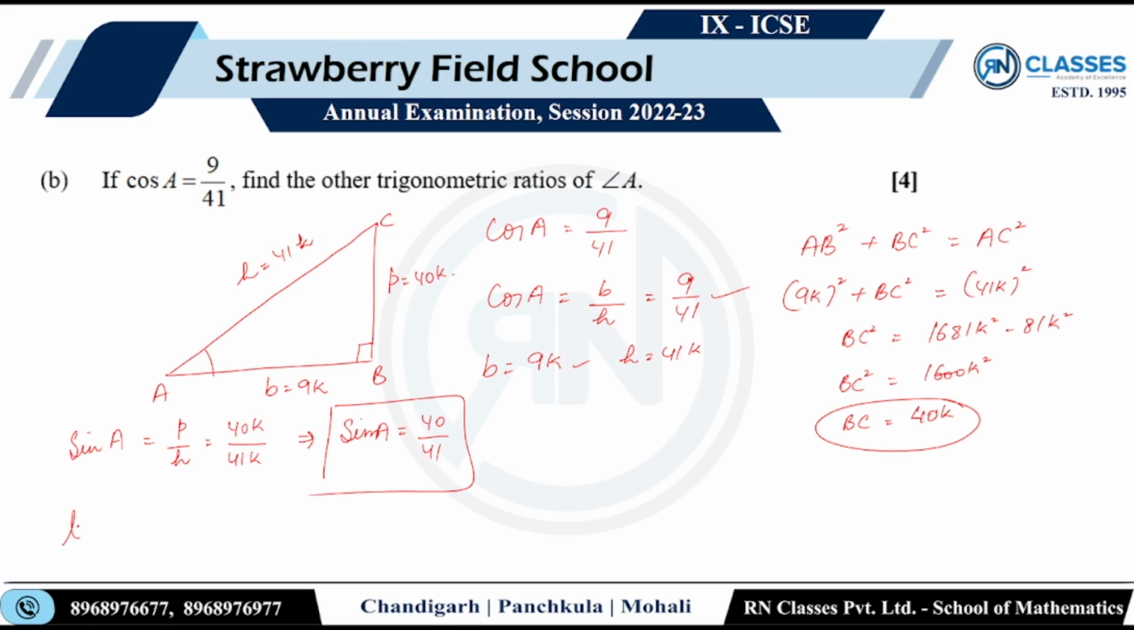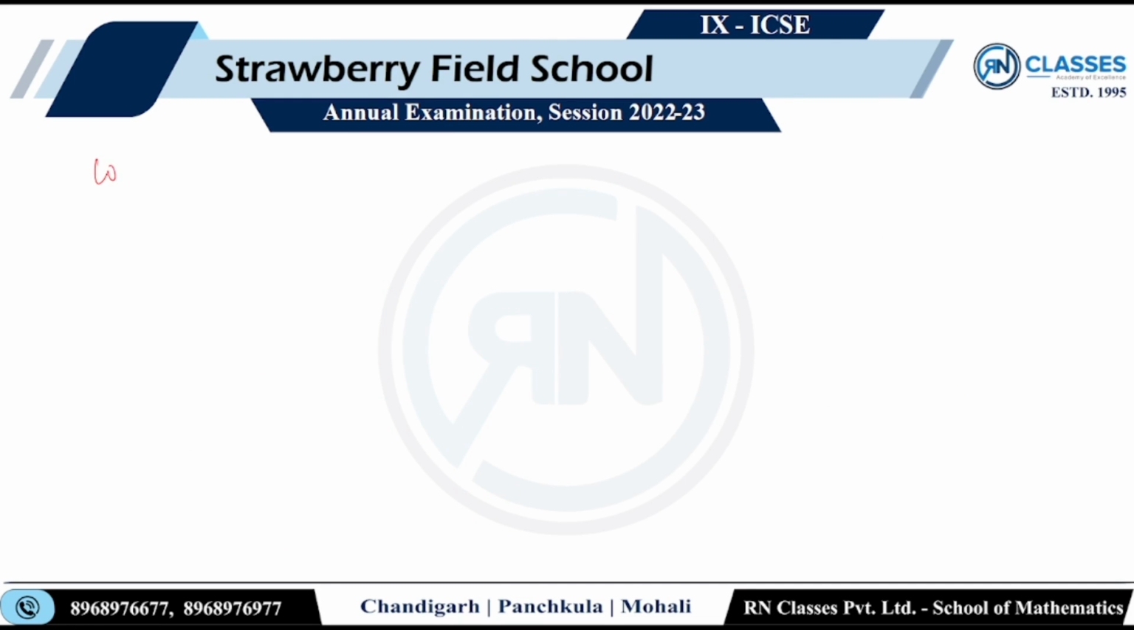नेक्स्ट इज टेंजेंट ए। टेंजेंट ए कितना होता है? टेंजेंट ए इज परपेंडिकुलर बाय बेस। परपेंडिकुलर कितना दिया हुआ है? 40k बाय बेस 9k। सो मैं यहां से लिख दूंगा टेंजेंट ऑफ ए इज 40/9। ये भी आ गया, राइट।